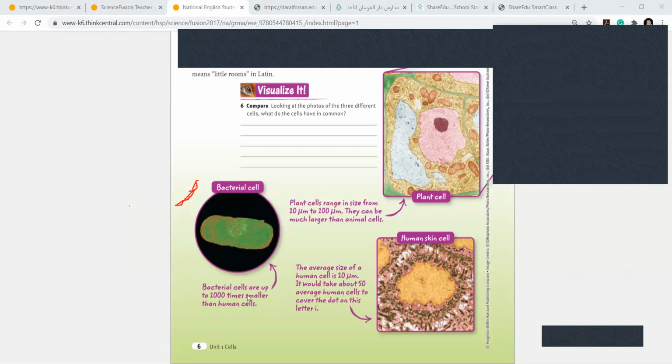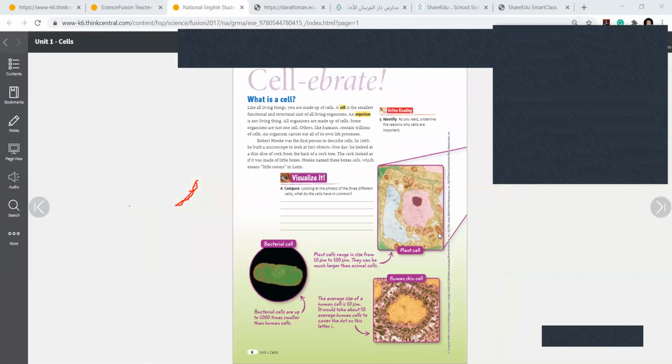And then bacterial cells are 1,000 times smaller. Bacterial cells are very, very, very small, like 1,000 times smaller than a human cell. Imagine, 1,000 times. Okay. Now,